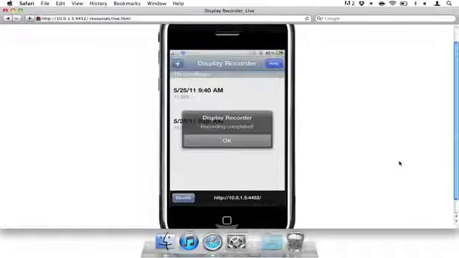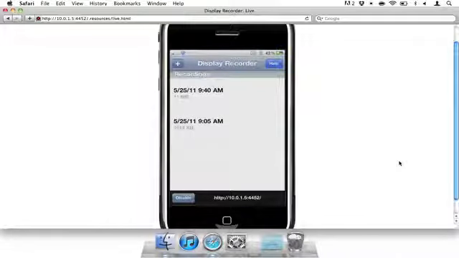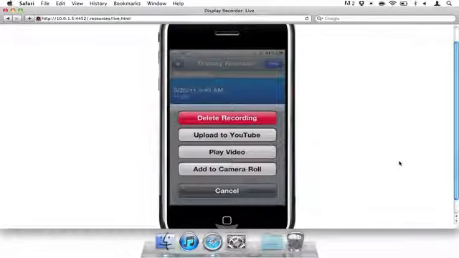Okay. Alright, so the recording is completed, and then you have the recording here. It's 11 megabytes, and it tells you the time, etc. Now, if you tap that, it gives you several options. You can delete the recording, you can